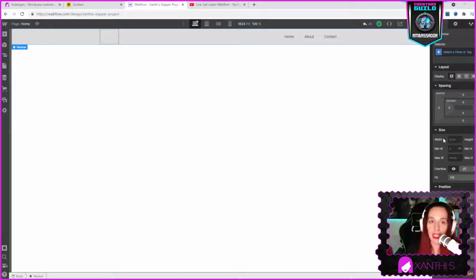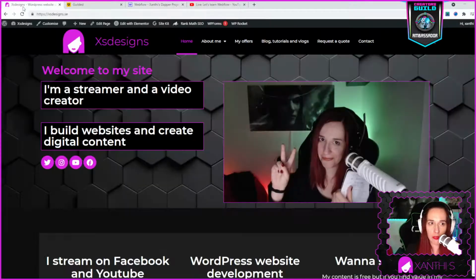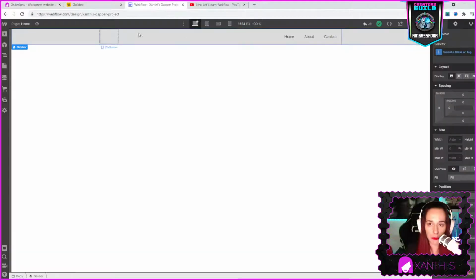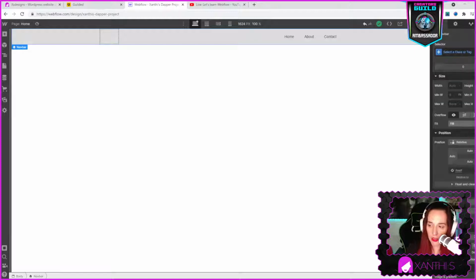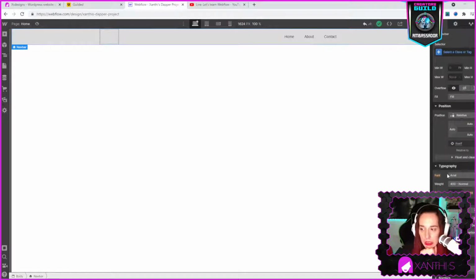I guess, yeah. So I have made now my navigation menu here, and if we compare it to my website, it is black with white and pink letters. Keep it simple like that. So if I go here, there is somewhere that I need to set. Again, this is not a tutorial. This is me trying to figure out how it works. I'm sharing my journey, my Webflow journey with you.